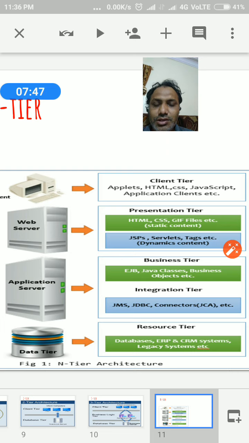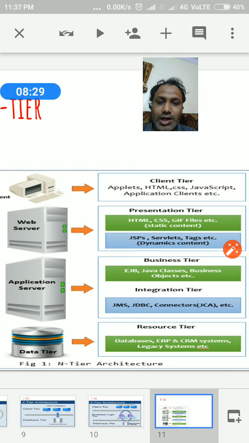The business tier is where we create EJB, Java classes, business objects, or what we call the API. As we already discussed, JMX and JDBC connectors are for the connections to the databases, and Java classes fetch any services, like web services such as SOAP and REST. A number of services are there, and you can fetch the API from the business tier and call the classes or objects accordingly.